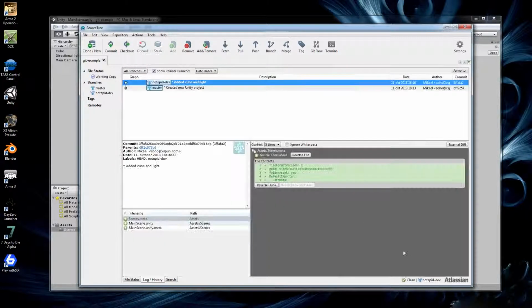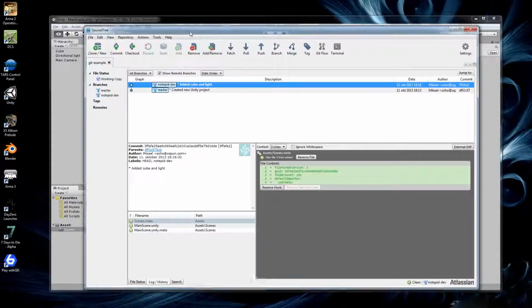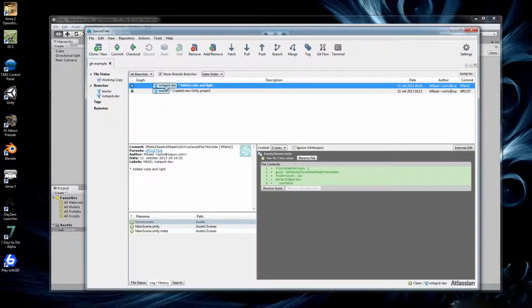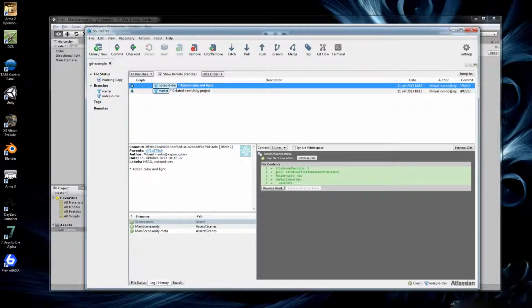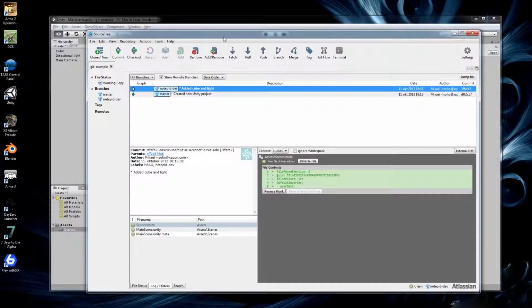and hit commit. Now you can see my development branch is ahead of the master branch. So now the master, if I check out the master, it will revert back all the changes I did up to my development branch. Alright, that's how you see what point in time or development time